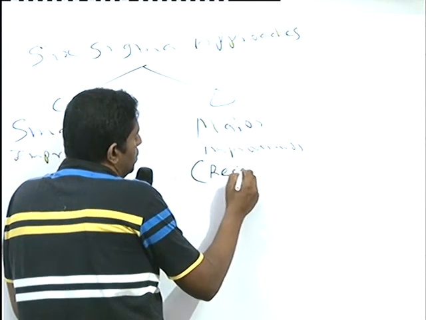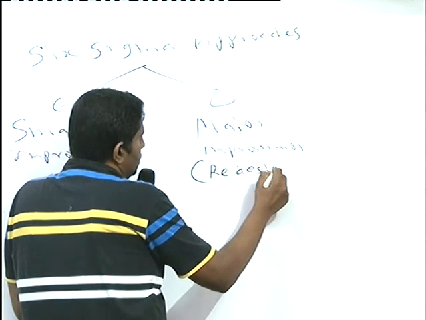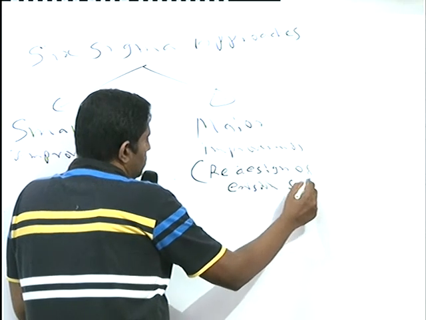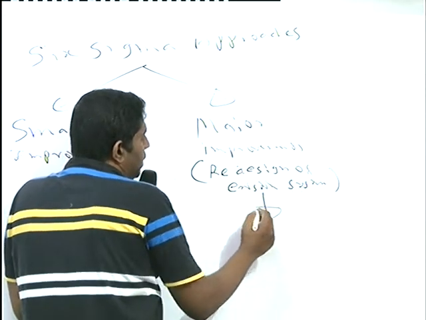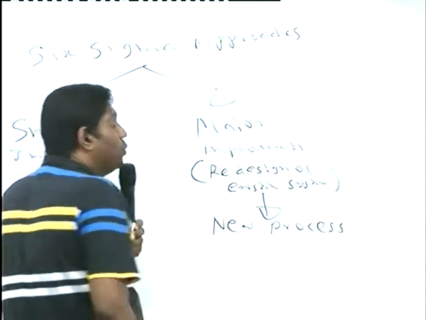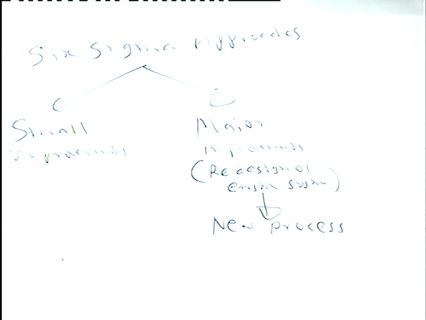Redesign of existing system, or similar may be applied with the new process also. New process. I hope that I didn't confuse you. Very simple, right? If you go for small improvement, the approach you are going to use will be different from a major improvement you are going to adopt. Major improvement, if you are going for new process actually. It is similar to new process, no?